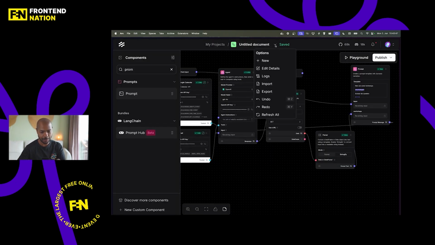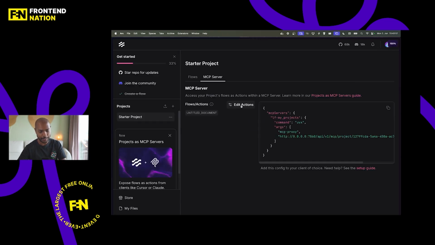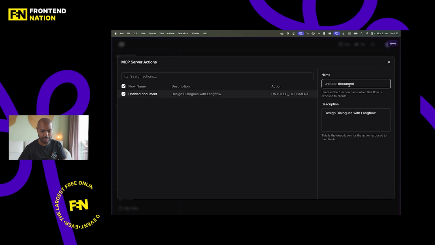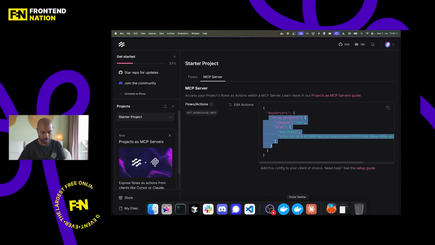Well, Langflow supports MCP. So I'm going to publish this as an MCP server. And I'm going to quickly edit this and give it a name and stuff. So I'd be like, get workshop info. Use this tool to learn about workshops and manage a Google Calendar, right? And so now it exposes a model context protocol server, which I can just copy like this and paste in